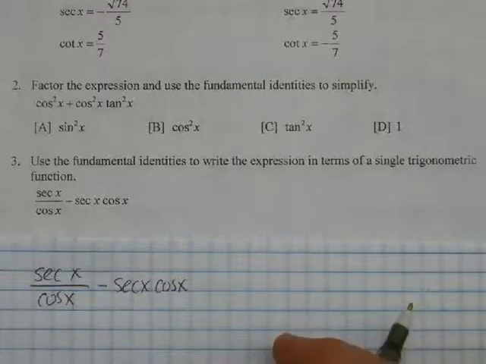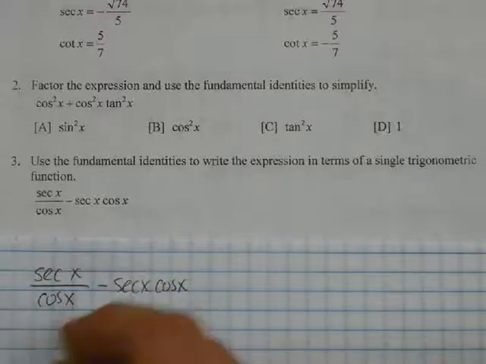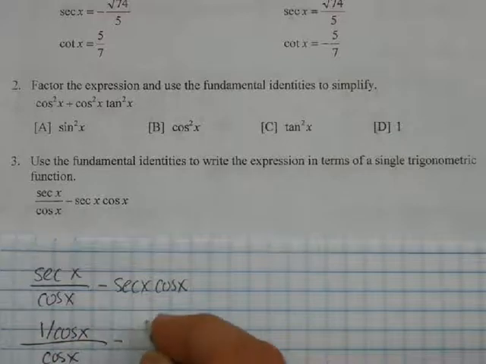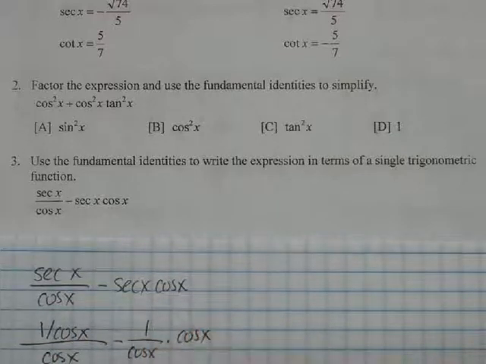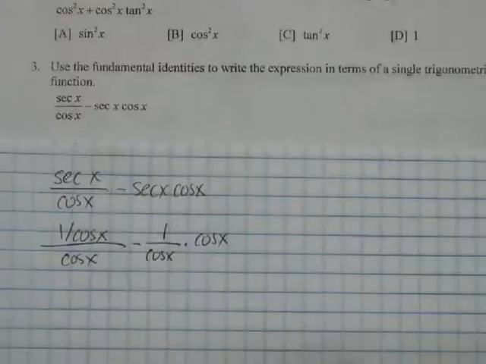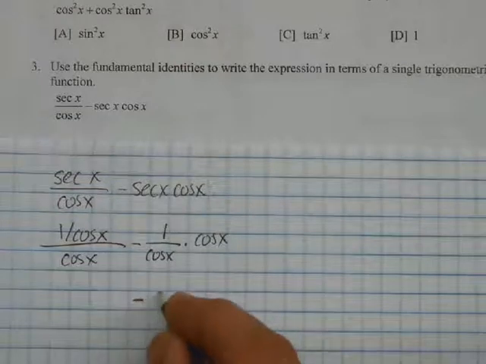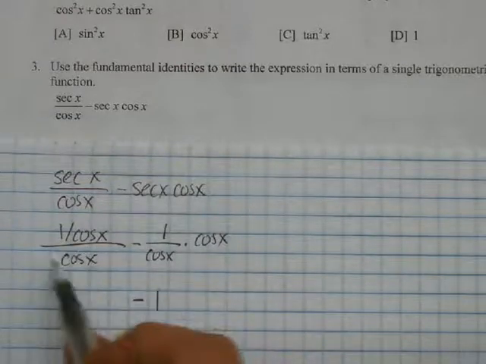But for this, there's actually not going to be any sine, because I know secant is 1 over cosine. So here, the cosine factors cancel out. We get minus 1. And for this one, we get 1 over